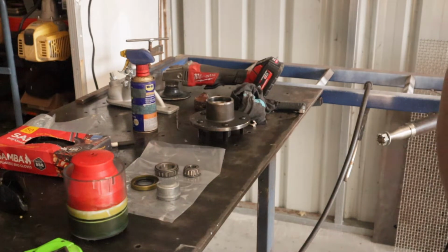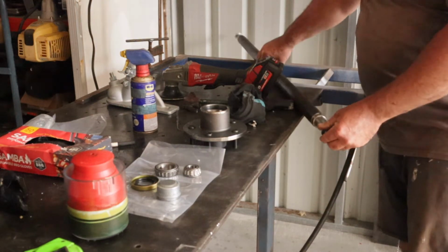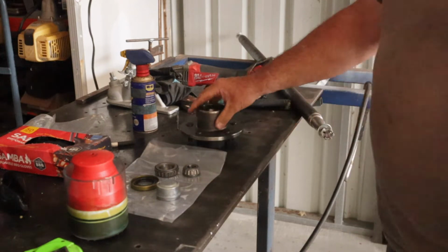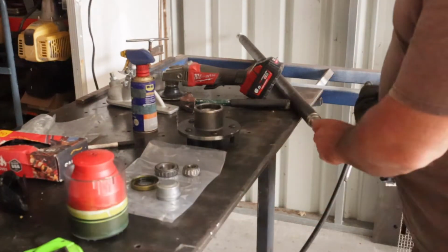Okay, so I'm just going to do a little voiceover. Hopefully you can see what I've got going on here. We're going to just do a trailer bearing hub install onto the axle. So what I'll start with is